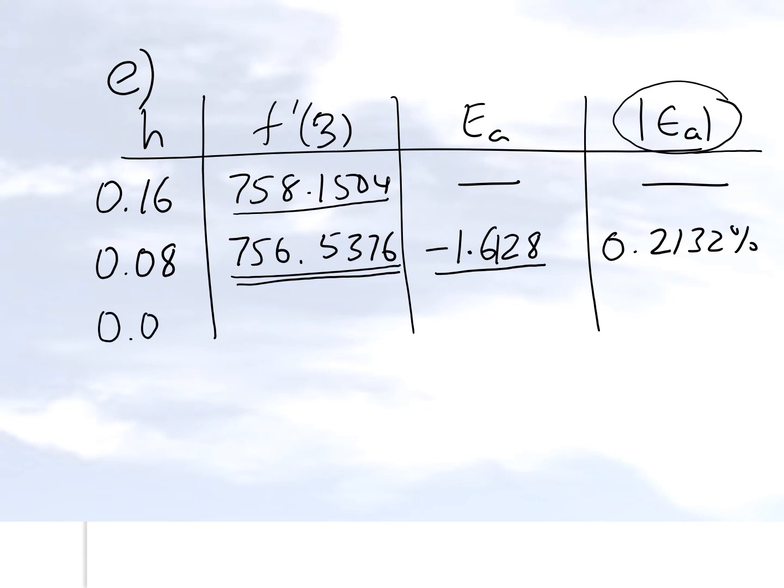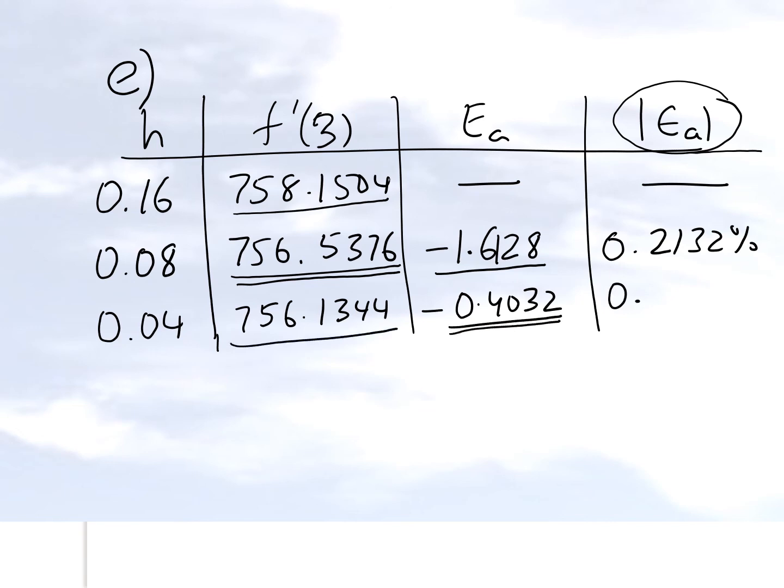And let's suppose we halve the step size again, the number which I'm going to get is this. In this case, the approximate error turns out to be this number. And the absolute relative approximate error, which will be the ratio between this number and this number, absolute value of that multiplied by 100, because we calculate in terms of percentages, turns out to be 0.0533%.